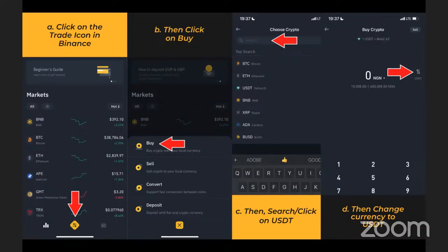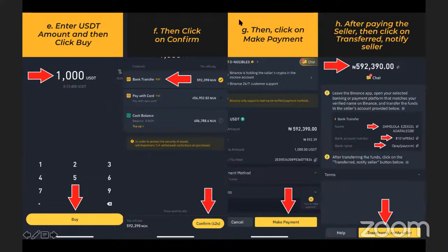So it will not convert that one to Naira for you or to cedis or whatever country you're watching from and the currency that you use there. So you click on this button here to switch to USDT. And you can see that it has switched to USDT here. So you want to enter the amount of USDT you want to buy. Based on that example I gave you of $50, you can enter $50 here, if that's the trading pack you want to go for. And then you come down and click on buy.